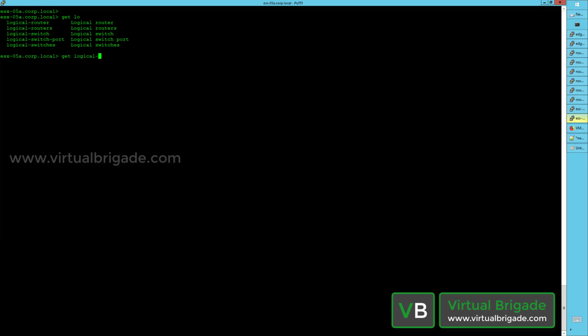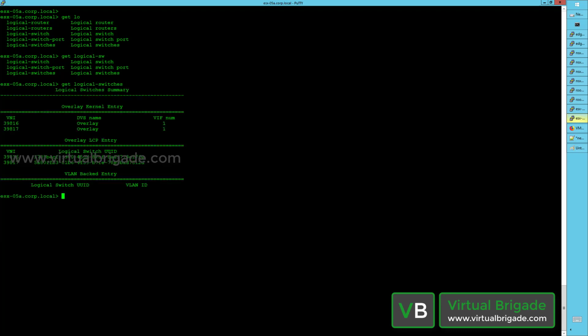If you type get logical switch, it will show the logical switch information on the ESXi host. When you type logical switch, there are options available: the logical switch port and the logical switches. If you type logical switches and hit enter, it will show the logical switches that are configured on this ESXi host. If you want specific information about a logical switch, you can type get logical switch